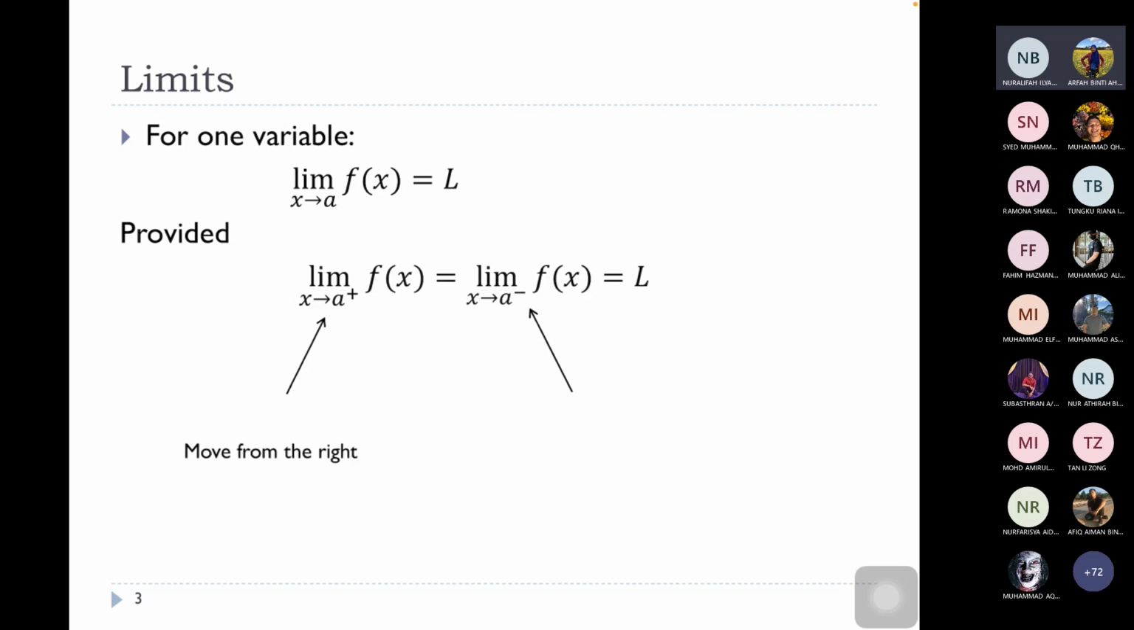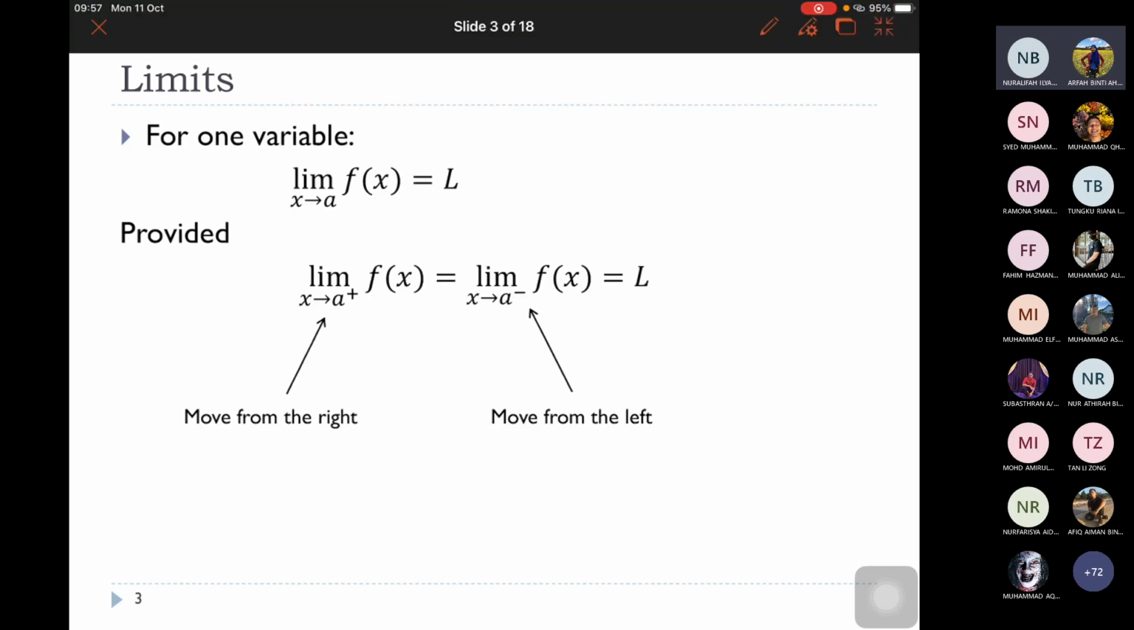Okay, provided that x approach a from the positive side moves from the right side, and when x approach a from the negative side akan menghasilkan nombor yang nilai yang sama. Okay, maksudnya the limit for the function from x approaches a daripada belah kanan, the value will be the same with the limit of the function that is from the left side. So it will be equal to L. So daripada sini,